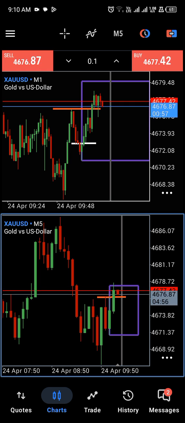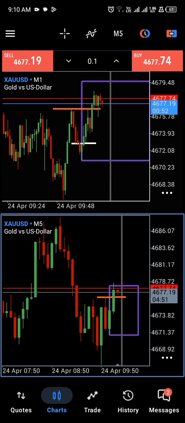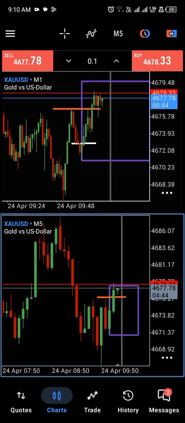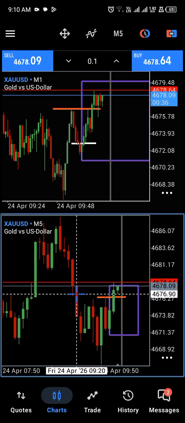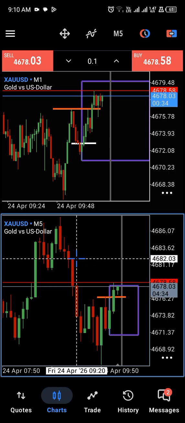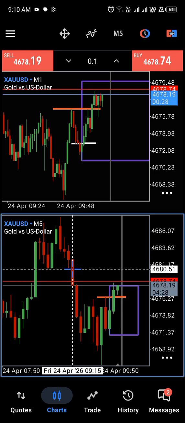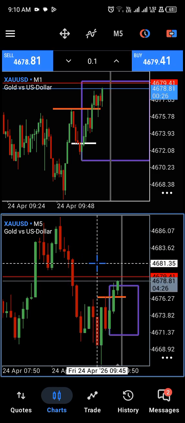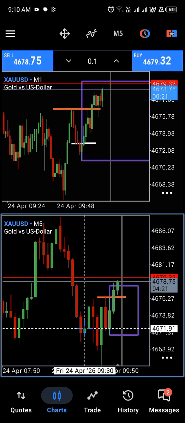Unless sellers protect their areas. Otherwise it might sell. Maybe according to the 5 minutes time frame, if these buyers succeed taking out these sellers here, they might buy until this level, and then maybe sellers will protect their orders back from up here, right? If they were able to continue selling the price, and even trying to sell it here,